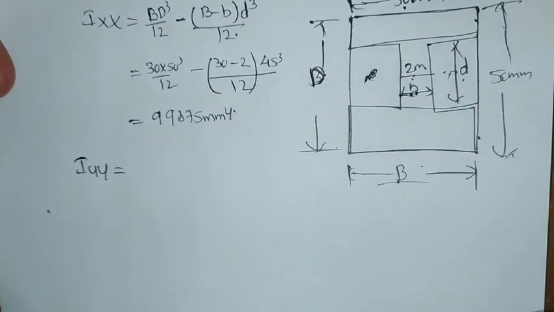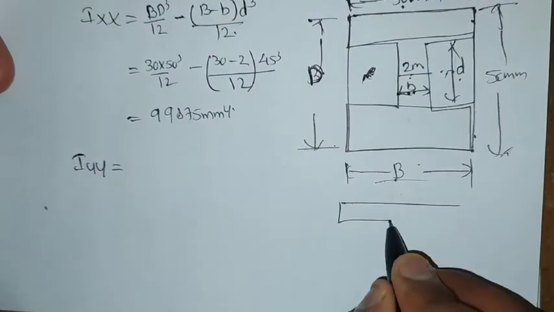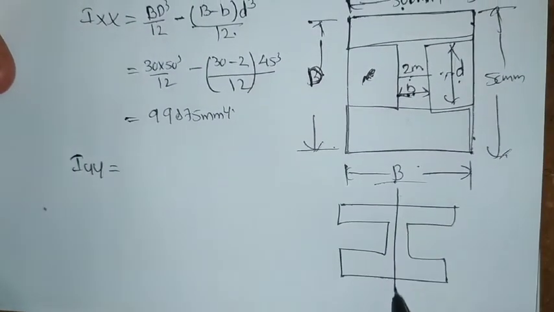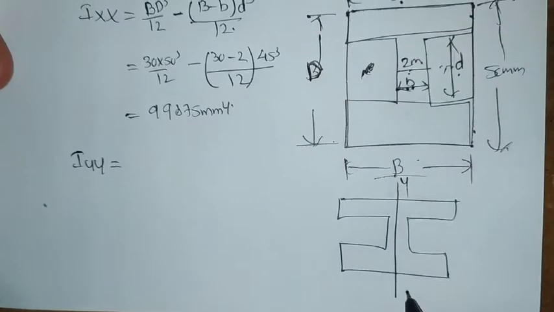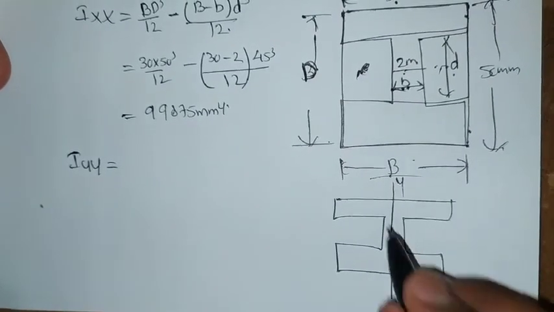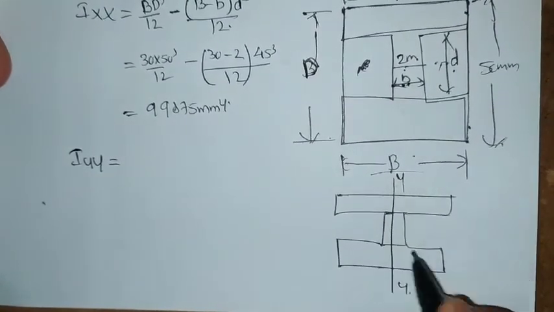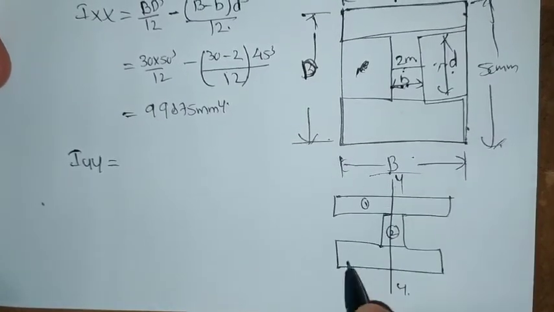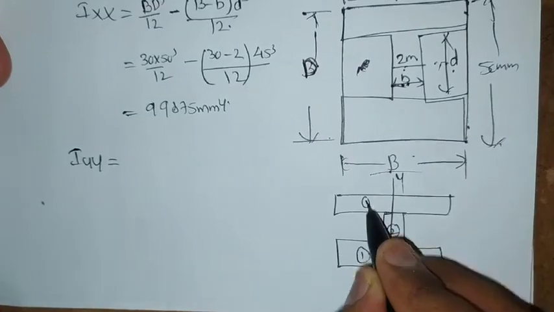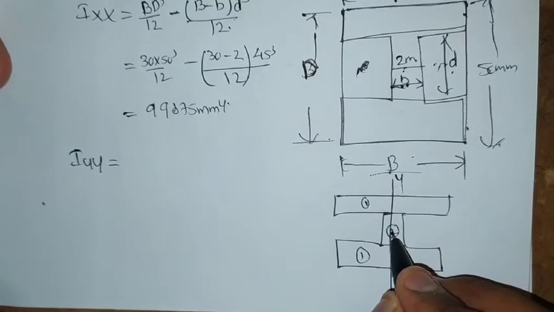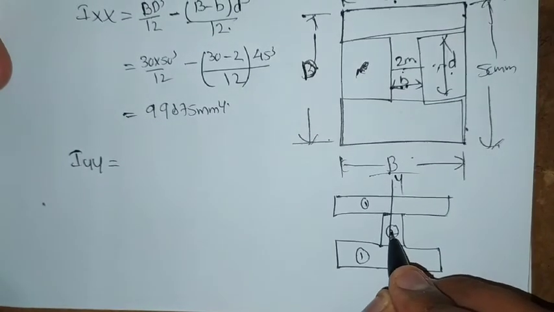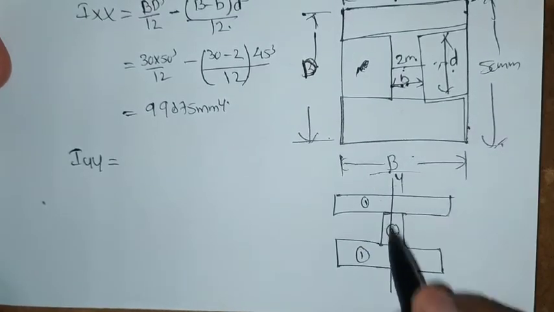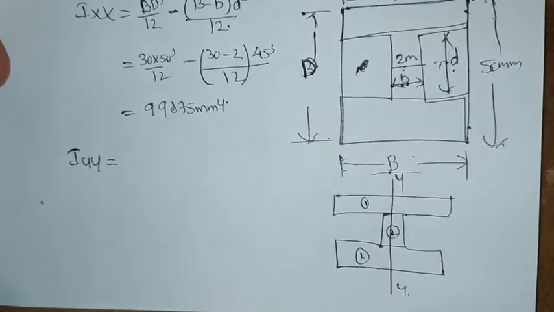Iyy is equal to, so to calculate the Iyy value, consider an I section. So in this section we have to calculate about the coordinate of yy. Then I will divide the total I section into 3 parts. These 2 parts are parallel, I am going to consider this as 1 and 1, and this unique one is considered as the second part. So these are 3 rectangular sections. The 2 sections are the same, 1 section differs.